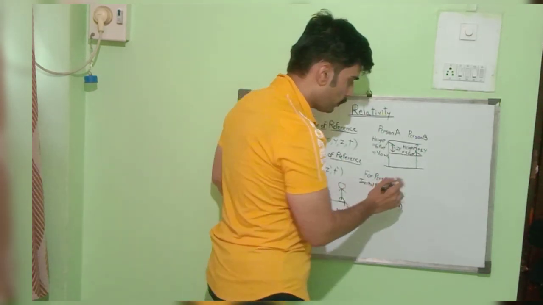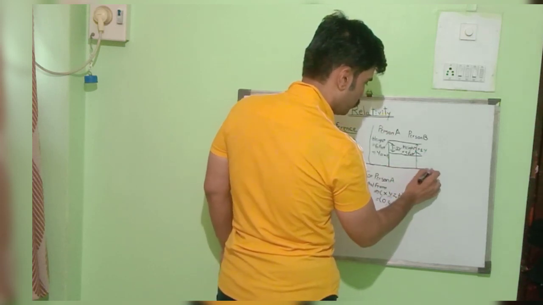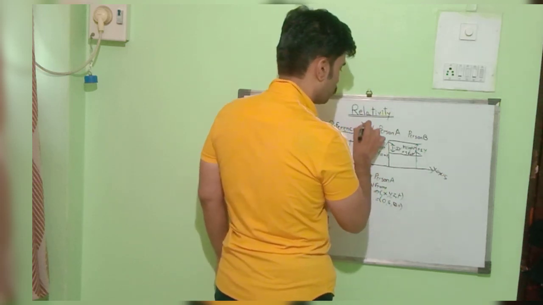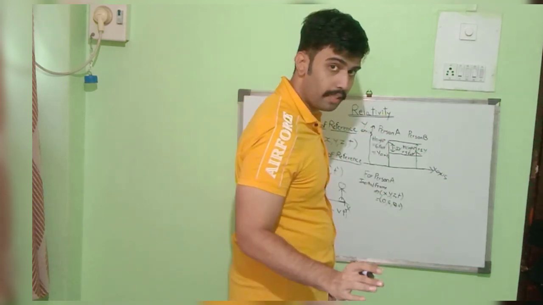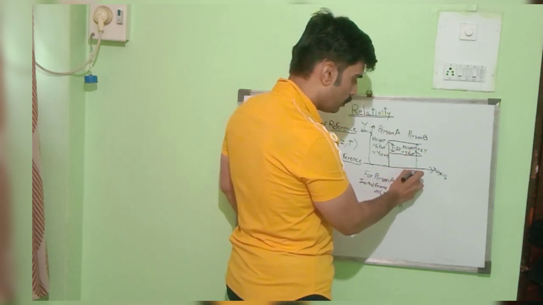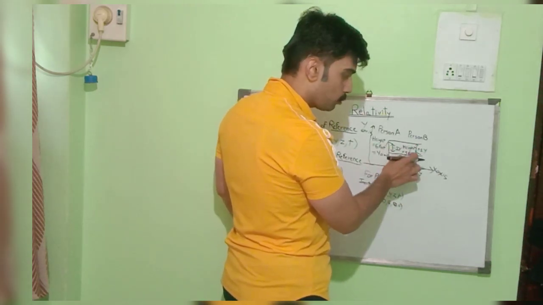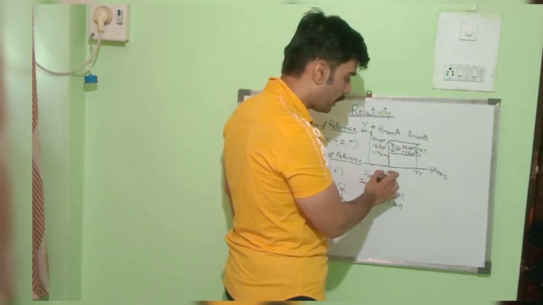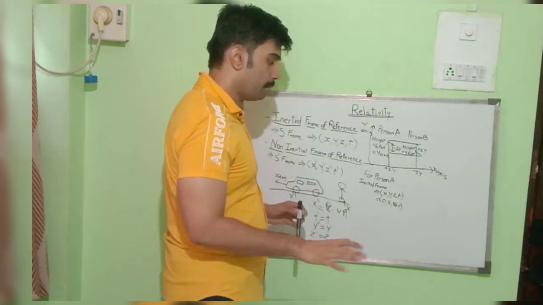But for the person who is 6 feet high, the 5 feet person is towards minus y, downwards. In the same manner,